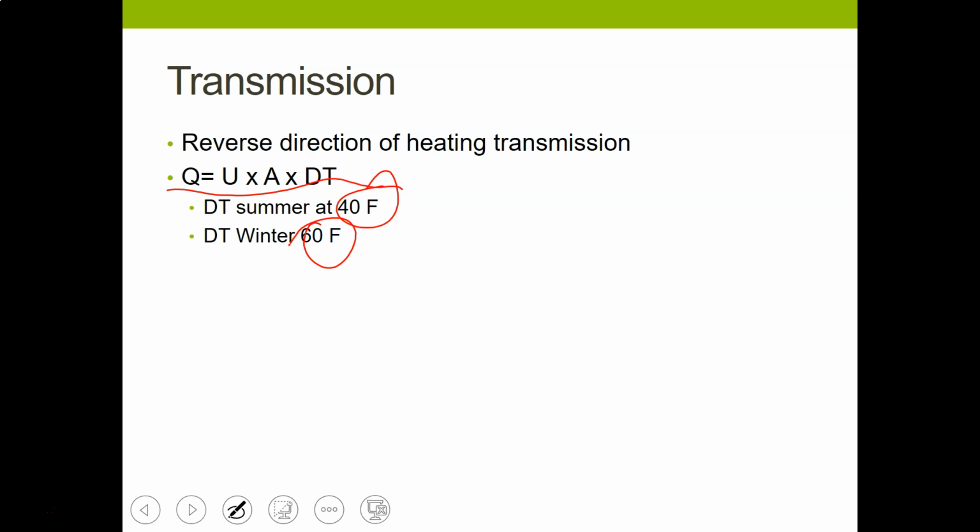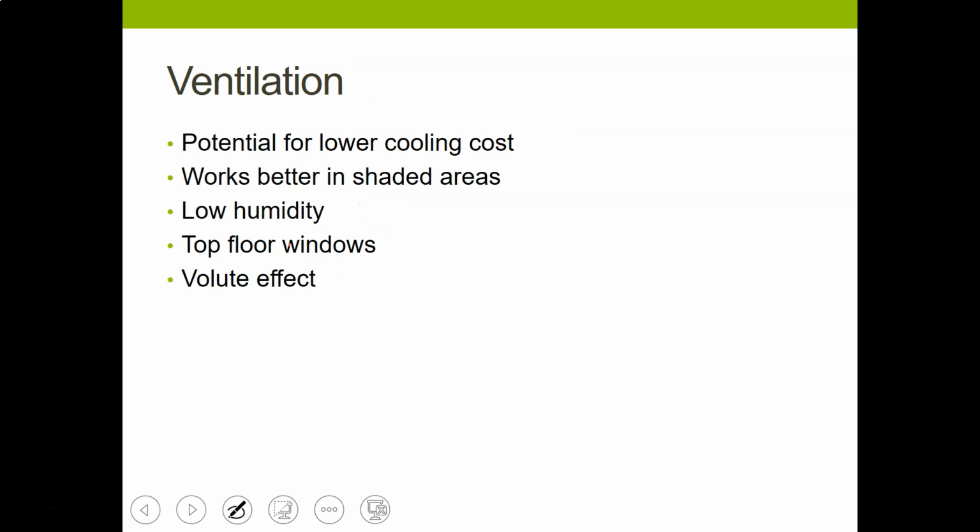In the winter time, it takes more degrees to heat the house. The coldest day can be 0, and you want to heat the house to 70, so that's 70 degrees Fahrenheit. So ventilation has the potential to lower the cooling cost significantly, especially if the temperature outside